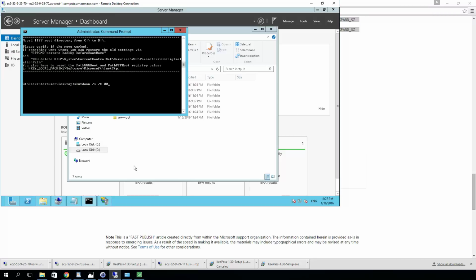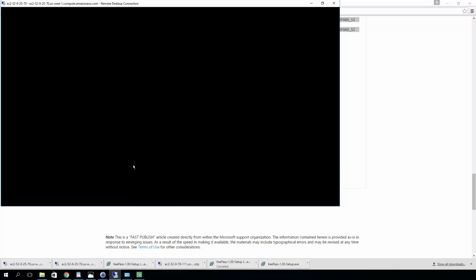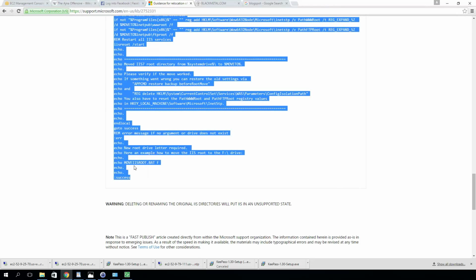That's just a quick little shutdown command there that will tell the computer to shut down immediately. Okay, so that's shut down now, and if we go back to the management console over here,